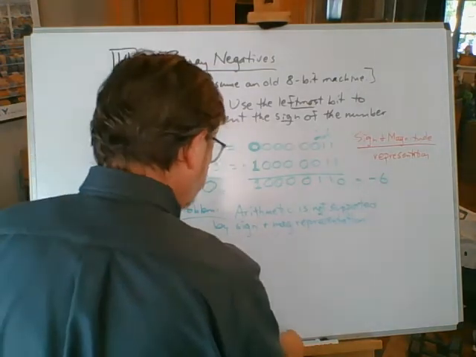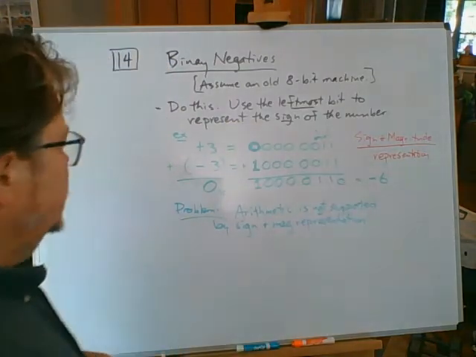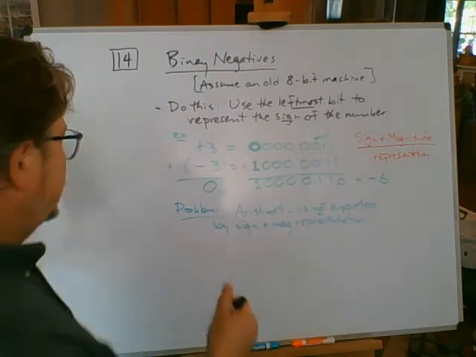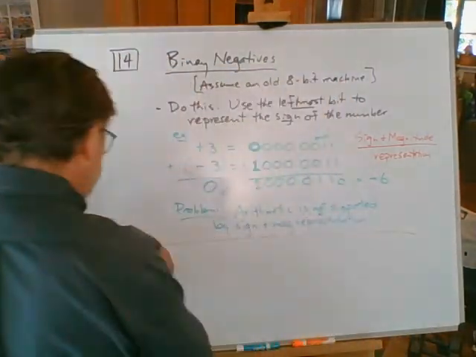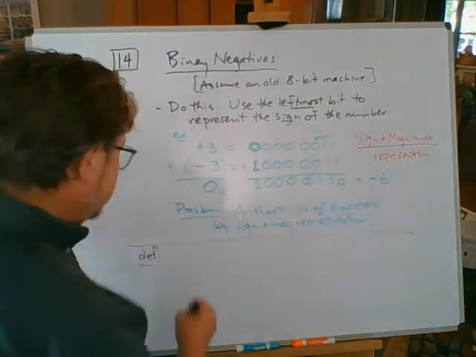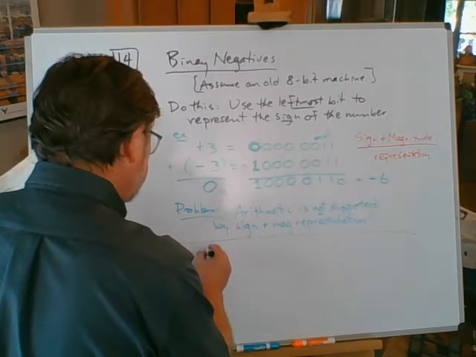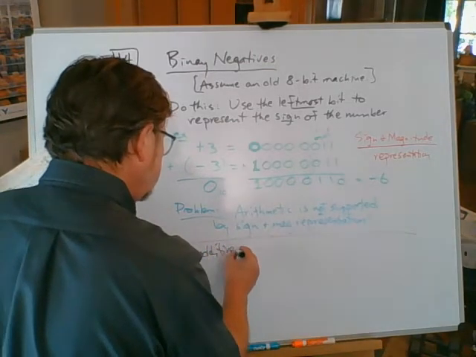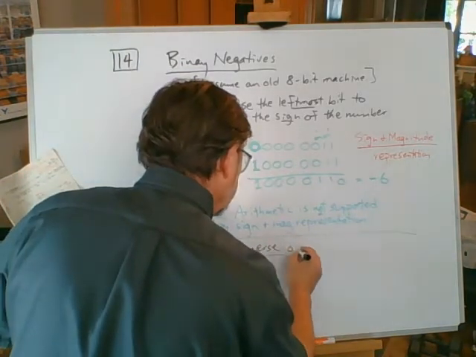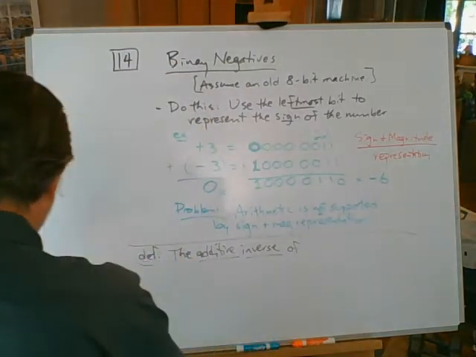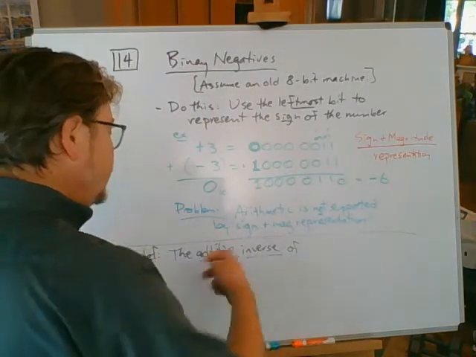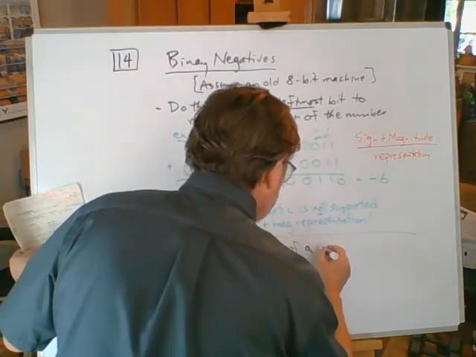Now, of course, I've completely filled up the board, and I don't have any space to try to sneak up on a better way to do this. But before I erase all this, I'm going to drop a definition on you. Definition. The additive inverse, A-D-D-I-T-I-V-E, inverse, I-N-V-E-R-S-E, the additive inverse of, that black marker is no good. We ask that you bear with us. The additive inverse of a number, that's oh so much better, of a number in